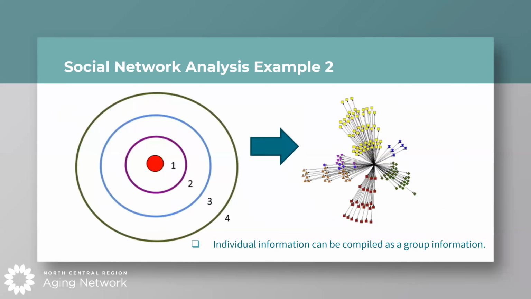Another way to use social network analysis is using concentric circles. Personal network visualization in the form of concentric circles can be used. This approach, particularly for this example, the 3 concentric circles provide a framework for the participant to draw their personal networks. You may have seen this in many caregiving studies where care recipients or caregivers are located in the